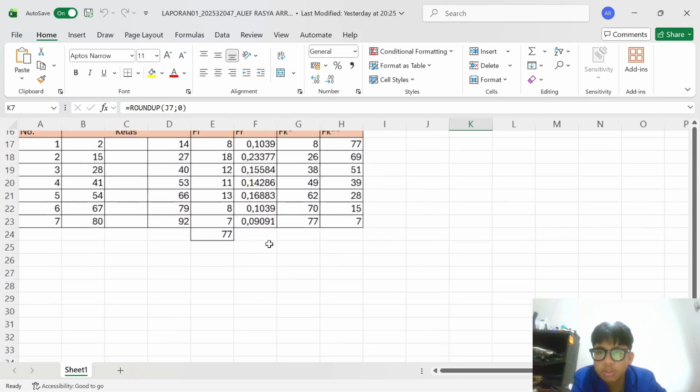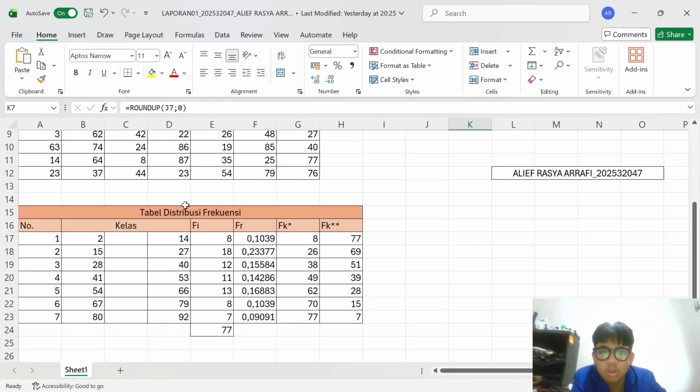Next we're going to move to building the frequency distribution. Start from the class interval.